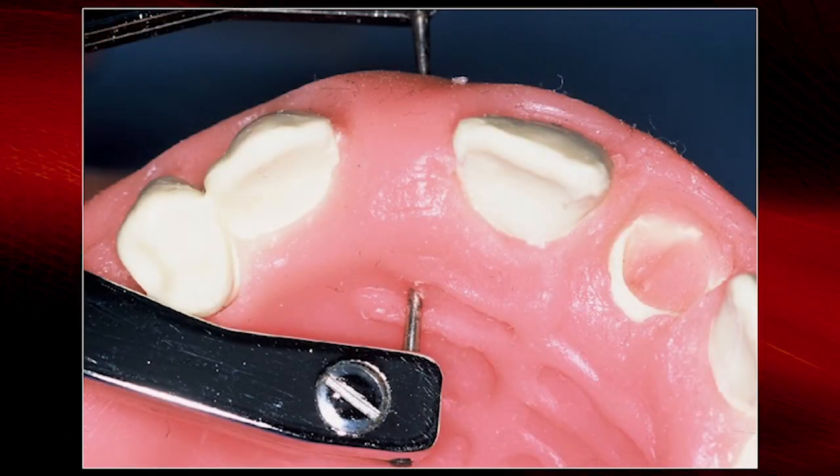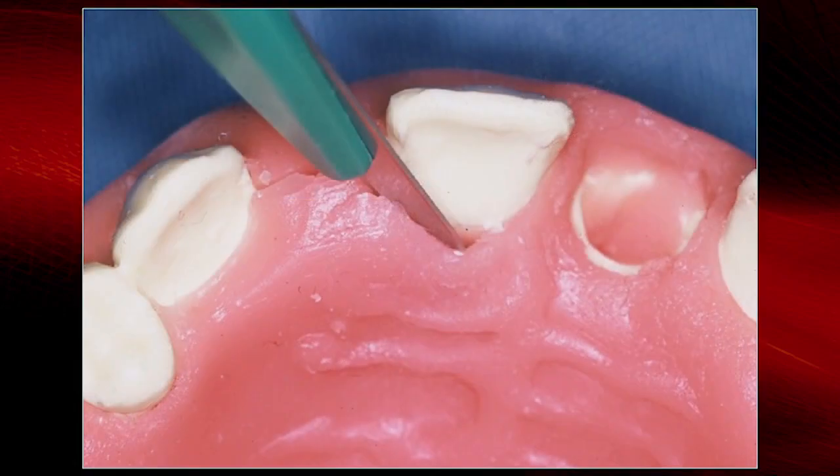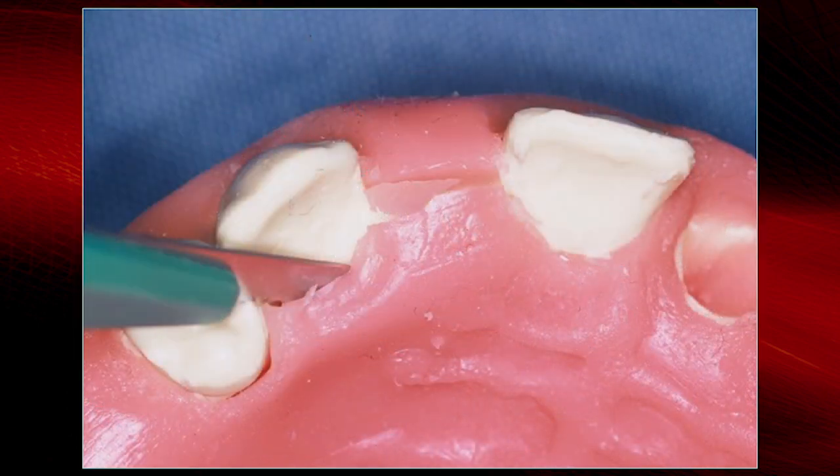So you can take a bone caliper, anesthetize the patient, and then this bone caliper has a needle on the buccal, a needle on the lingual, and you put them together, and it tells you how wide that bone is. Ideally, for a 3.5 millimeter diameter implant, we would like to have 5.5 to 6 millimeters of buccal lingual bone. So now you can see on the model that we're making the incision on the palatal side of the crest. Coming around to release it so we can bring the tissue back and expose the lingual side of the crest